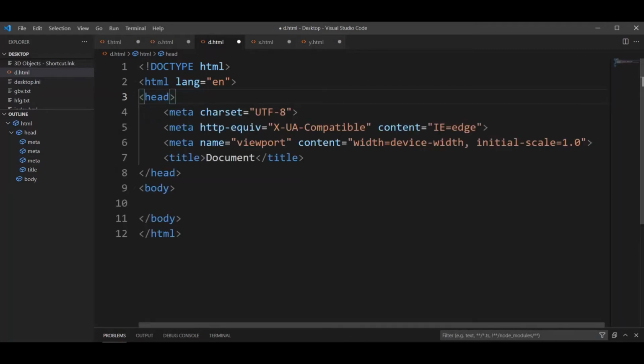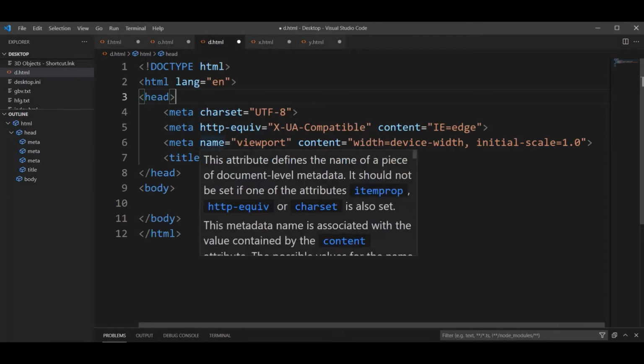Friends, there are two names for this option. Already I have told you: collapse, expand and code folding. Now we will understand, this is the opening head, and this is the closing head, friends. In the opening and closing head, there are three meta tags mostly used.